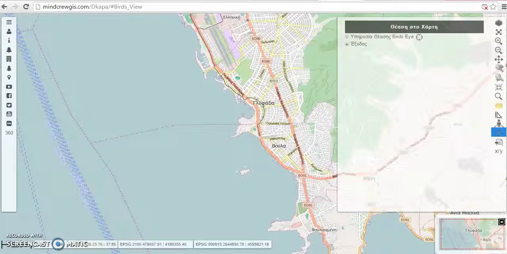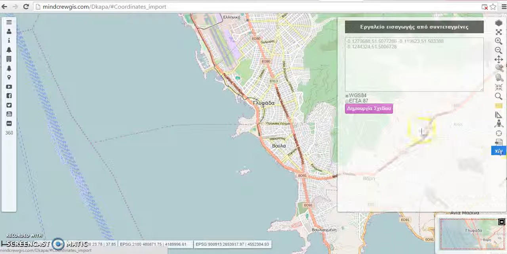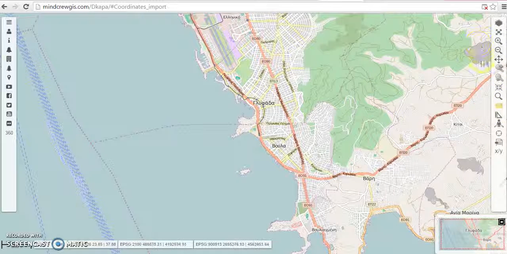Okay, coming back to the home screen, the next option is file attachment. Here, if you have any SHP file or any KML file and you want to upload that data and display it on the screen, you can do that. And this is again a temporary option, and whenever the user refreshes the page, all uploaded data will vanish. Yes, from here you can choose any particular coordinate system, and you can put in the latitude and longitude pair, and the system will give you back the connected points with a created polygon. Okay, this is it for the right panel.